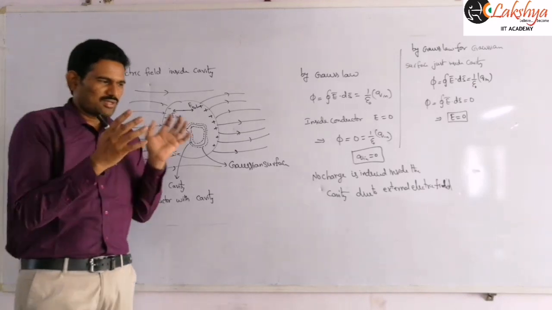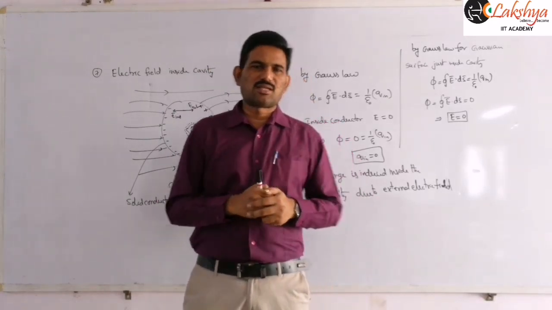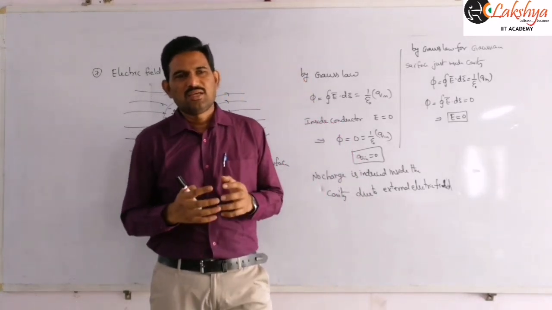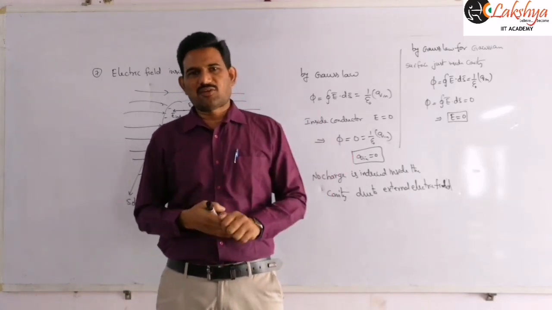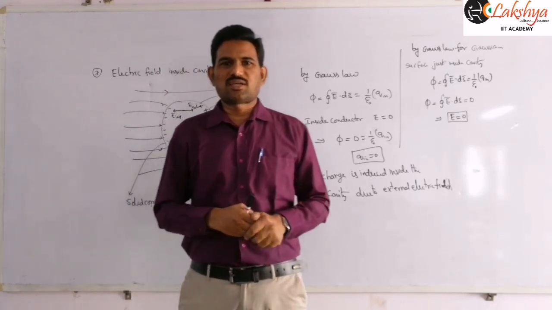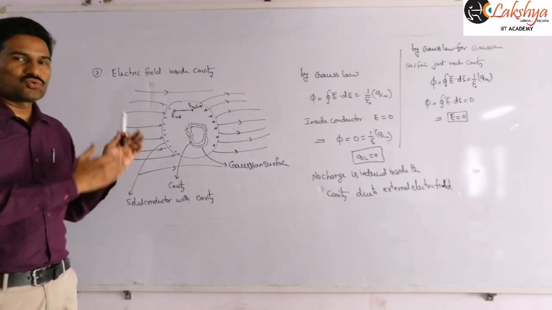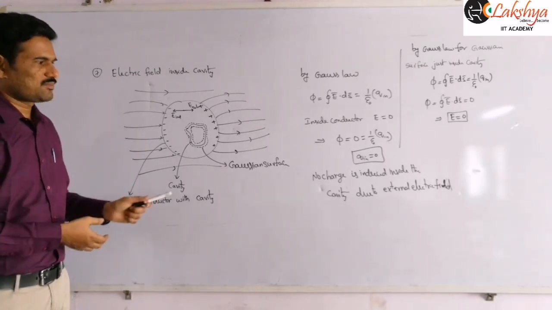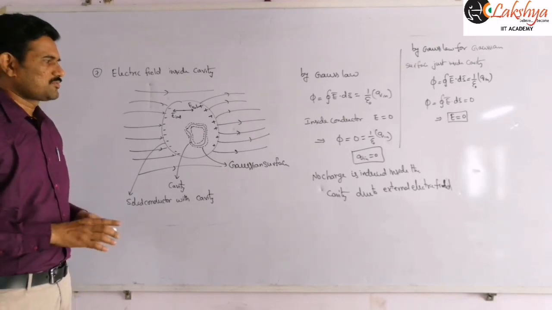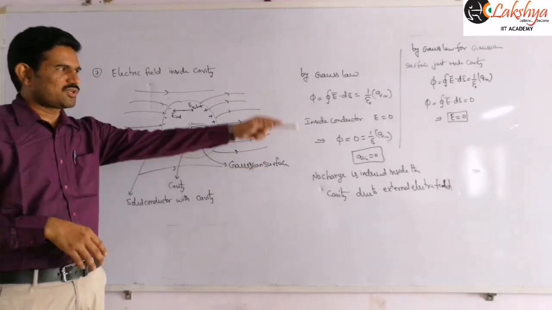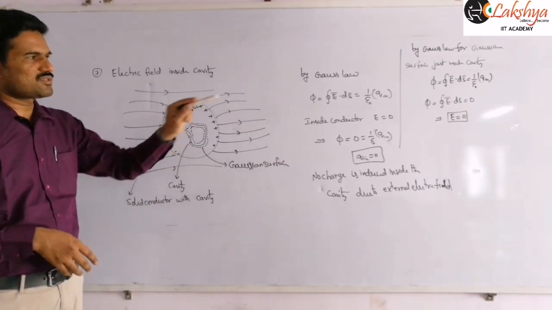That means if a conductor has some cavity, and such a conductor is placed in an external electric field, then that external electric field cannot affect any object placed inside that cavity. That is what we call electrostatic shielding. So that is the electric field inside the cavity due to the external electric field. Now I can finally write the conclusion. Here itself we can conclude, by writing Gauss law again for the inner surface by taking another Gaussian surface.